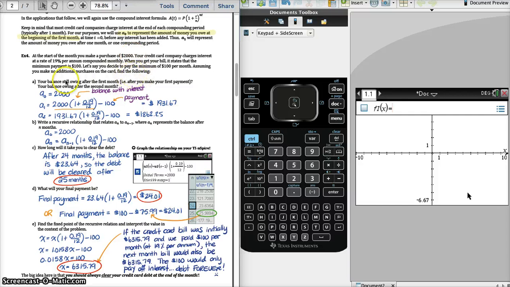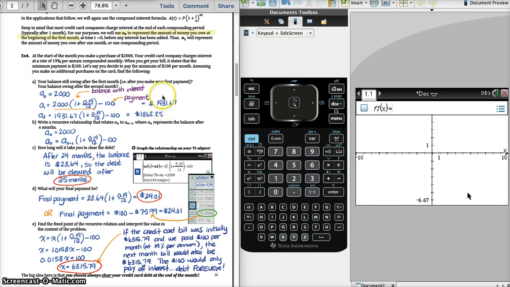to find the following. So your balance that you owe after the first month, well, we start with a sub 0 this time because that's your initial amount. 0 time has passed. You just went out one day, you shopped, you spent $2,000. So then immediately after that, you start accruing interest on that payment. And once it accrues the interest, you make your minimum payment of $100, which is why we have our minus $100. So you spent $2,000, it accrued the interest, you made a $100 payment, so your total is then now